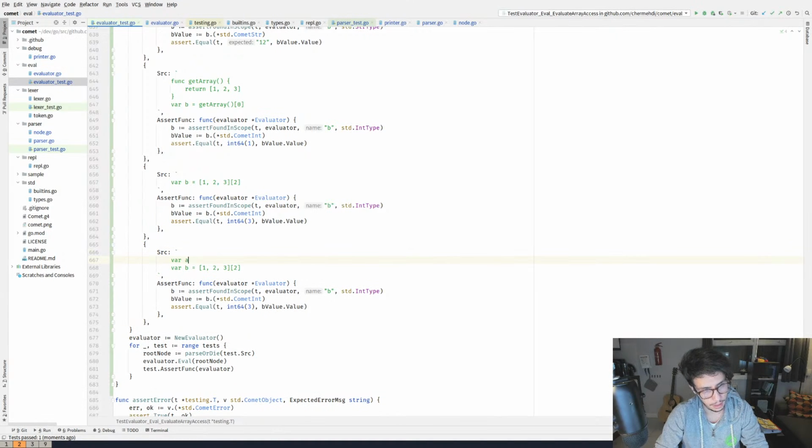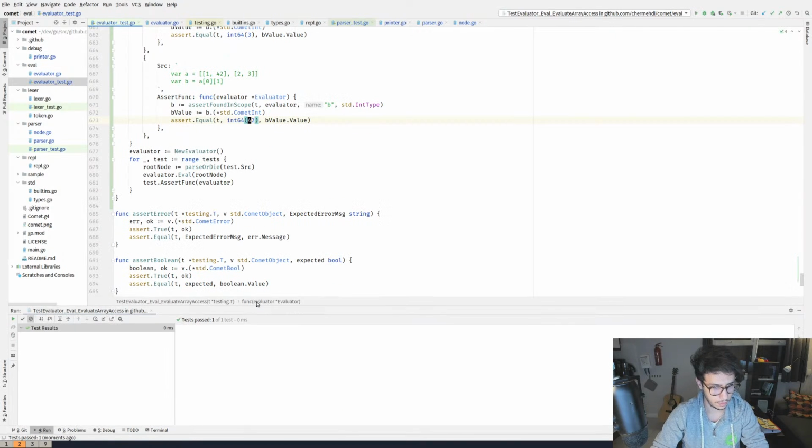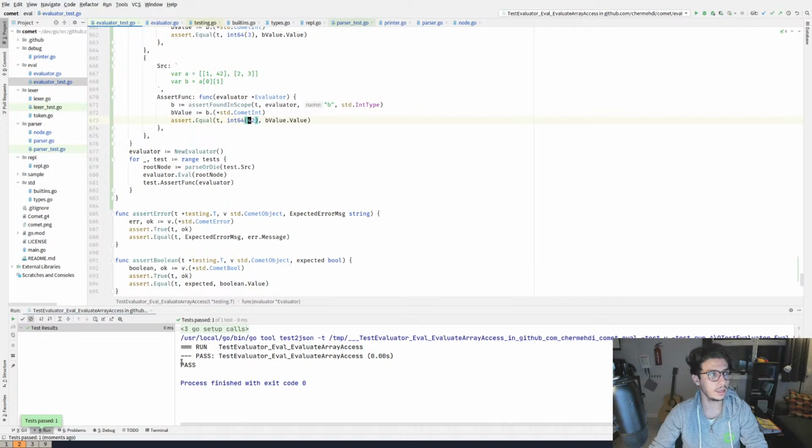So var a equals 1, 2, 2, 3, and I nest this. So I make a of 0 of 1. So this should be 2, right? Let's make it a little bit distinguishable. I'll make it 42. So this still works. So we have arrays that are working now. Cool.